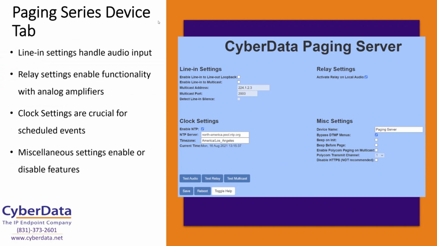As we move to the right, we've got our relay settings, and there's only one setting for our paging devices: activate relay on local audio, which just means anytime audio comes through the paging server, which would be line in, or SIP call or multicast in the eyes of a paging adapter, it can go and activate that local relay, and it'll just say, okay, hey, I'm getting audio, trigger my relay, which is really only used with analog amplifiers,